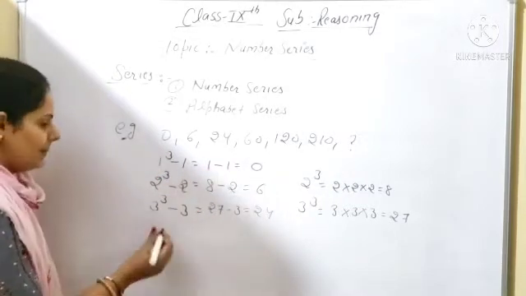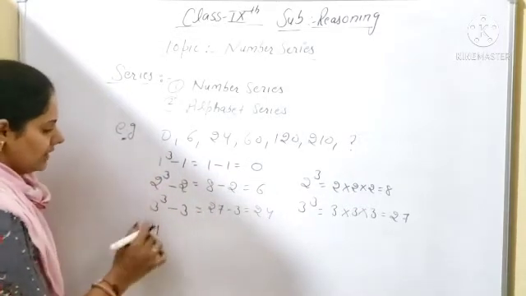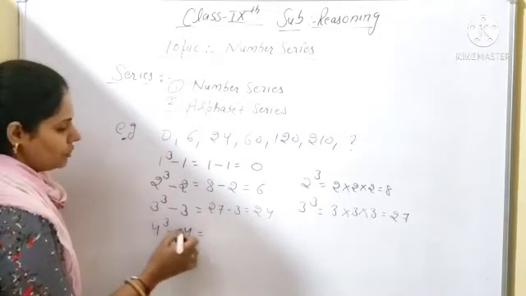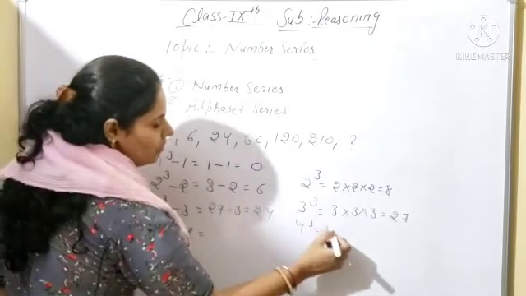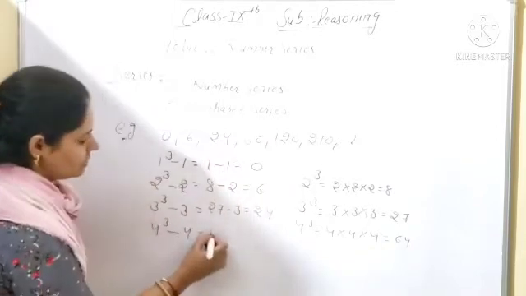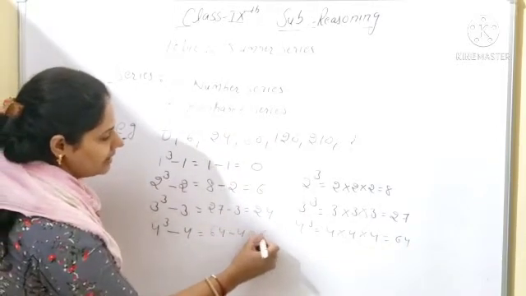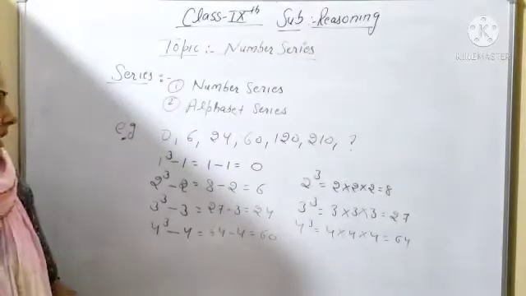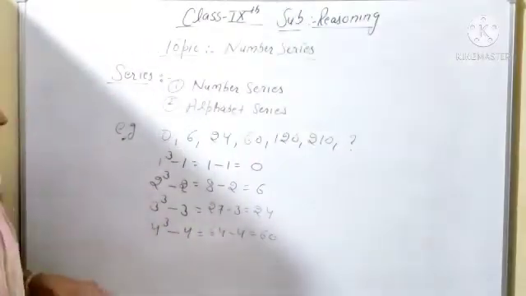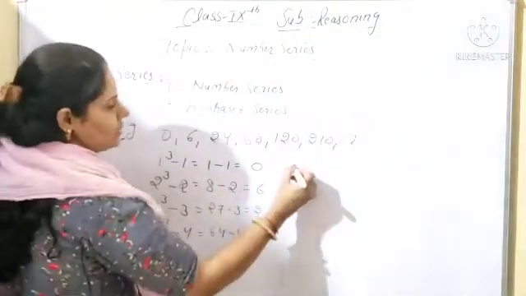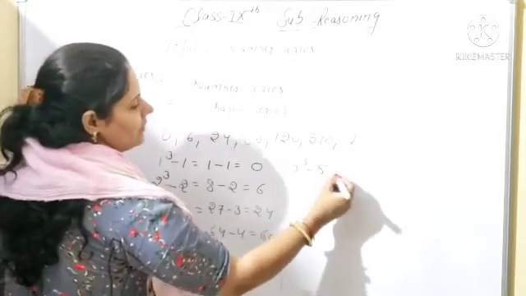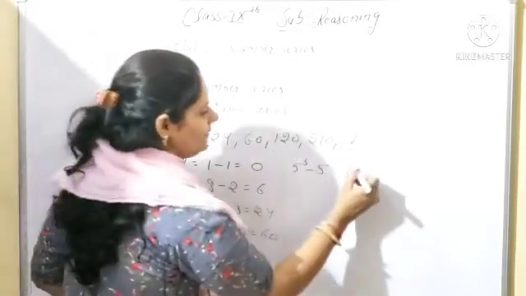After that we will check next number. So it will be 1, 2, 3. Next number will be 4. 1, 2, 3, so you will subtract 4. So 4 cube. 4 cube means 4 multiply 4 multiply 4. So it will be 64. Clear? So 64 minus 4, you will get the answer 60. Clear? So like that you have to follow the pattern. After 4, what will be the next number? 5 cube. So 5 whole cube minus 5. Okay. 5 whole cube minus 5. So 5 multiply 5 multiply 5.